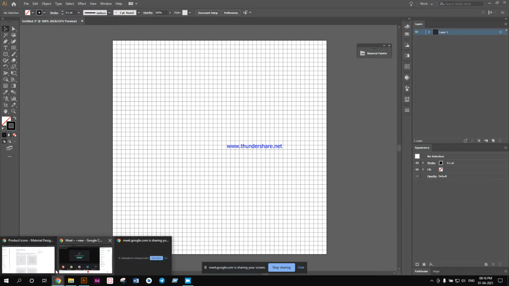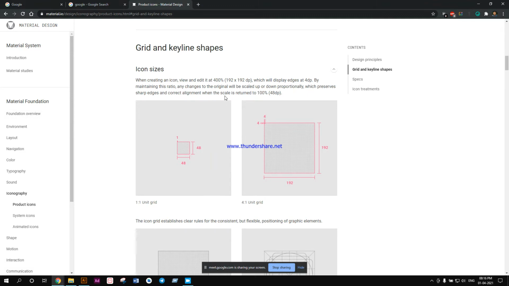Now jump on to the grid section. When creating an icon, view and edit at 400% at 192 by 192 dp. So when you create your project, you should create it at 192 by 192 pixels.